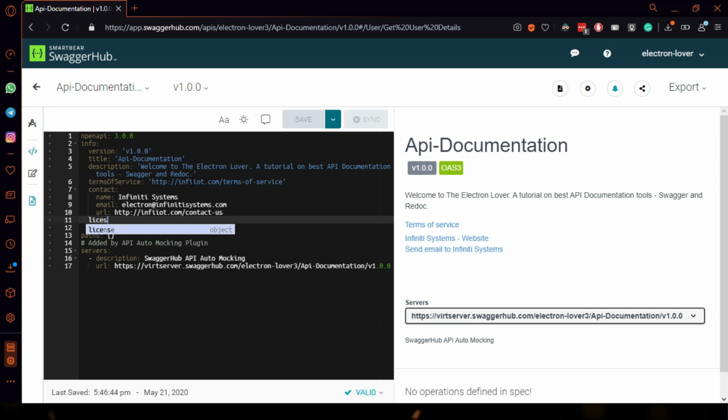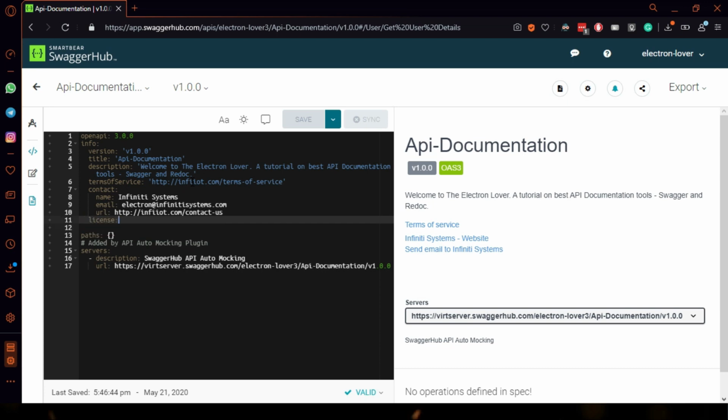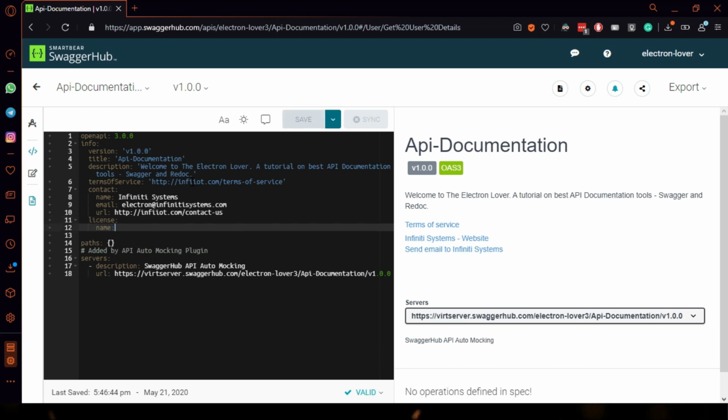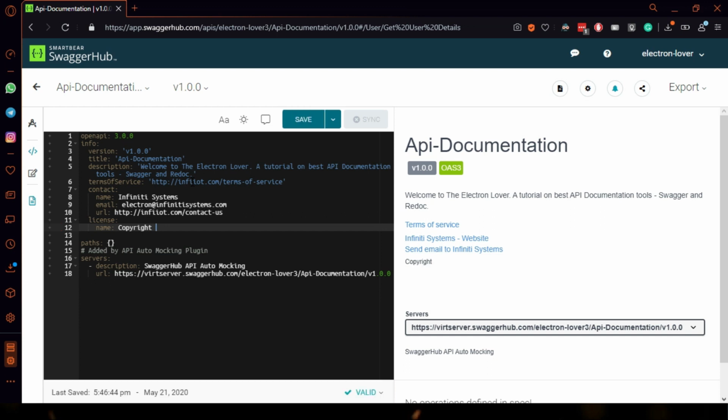We can also add license. So let's give license name. We can also add URL for our license.